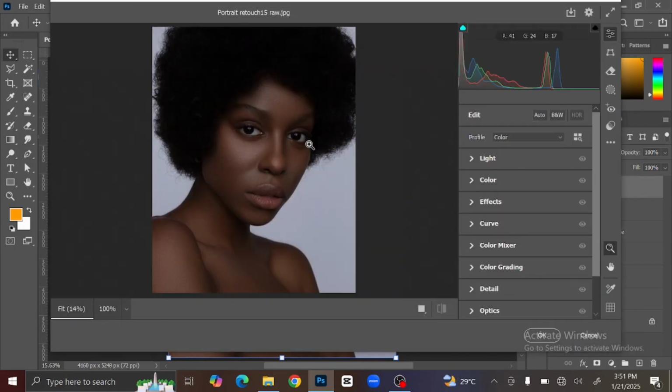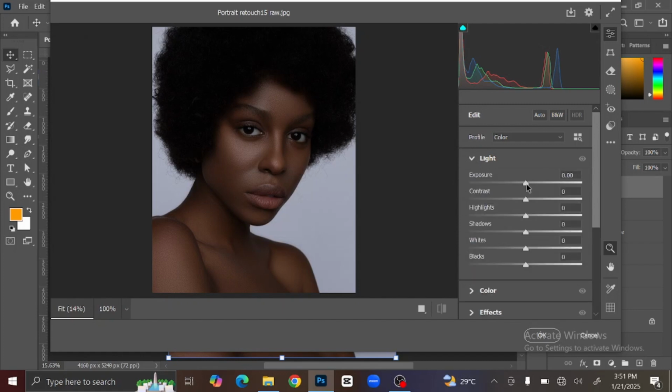Now you wait for it to open. Now this dialog box will open, and these are different settings. We have the light, the color, the effects, the curve, color mixer, color grading, and the rest. So the first we are going to start with is the light. Then open the light. Now I'm going to increase the exposure